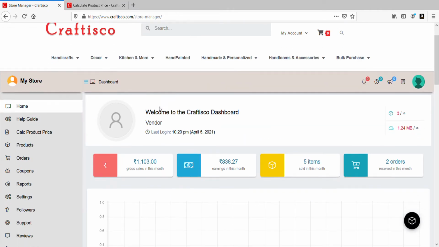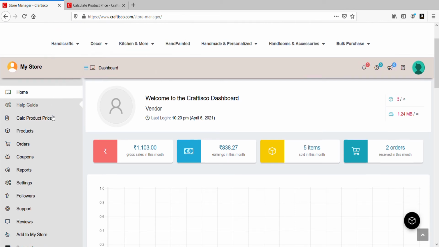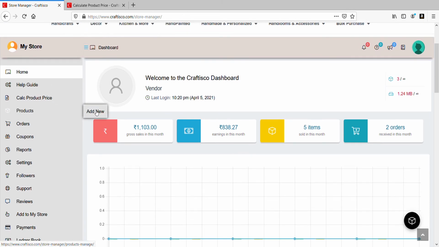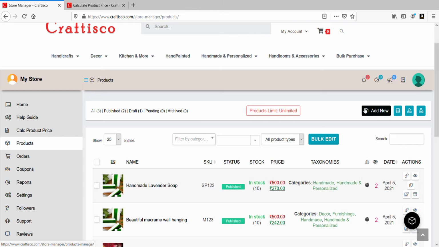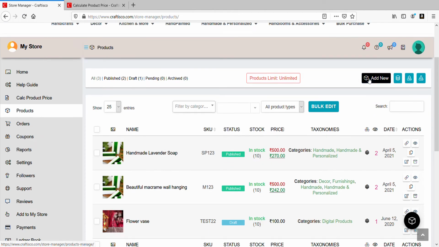You go to your dashboard, go to the products menu, and you have an add new. You also have a cube icon to the top when you click on products. So you have a cube icon here. This is the add new button. It will also be visible on your mobile view. In the mobile view, it will just be a cube, which will be the fourth option to your right. So you just click on this.